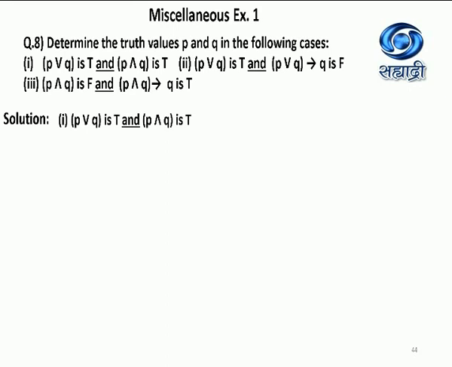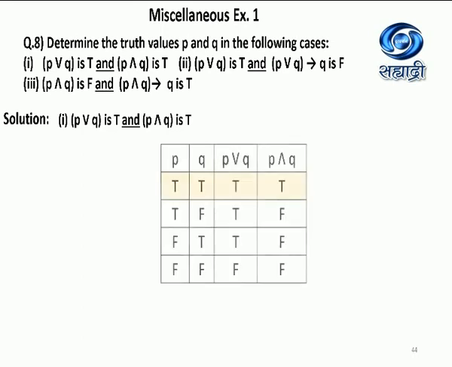Now, this is the sum. P or Q is T and P and Q is also T. The best option to find the truth values of simple statements P and Q is to write the truth table. We have two statements, P and Q, and I can write the column for P or Q and the column for P and Q. If there are two statements, P will have 4 truth values T, T, F, F. You can see it in the first column. Values of Q will be T, F, T, F.